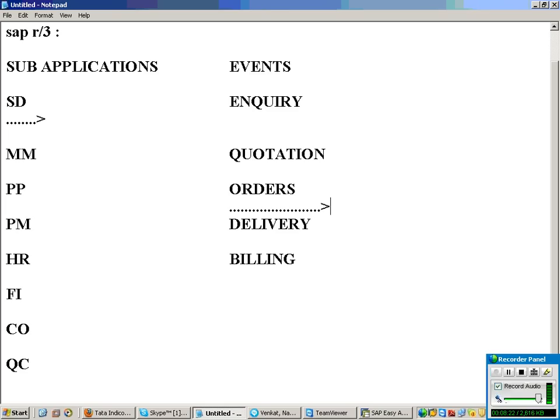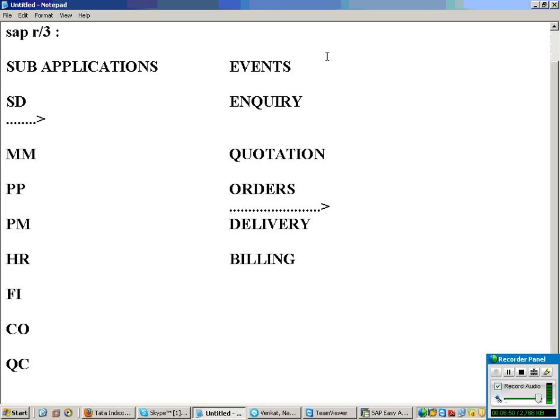So order is one transaction. Will it be stored in one single table of R3? R3 is normalized. So in the case of R3, data is not stored in one single table. The transaction is split and updated into multiple tables. We discussed normalization, right, to avoid redundancy, right?